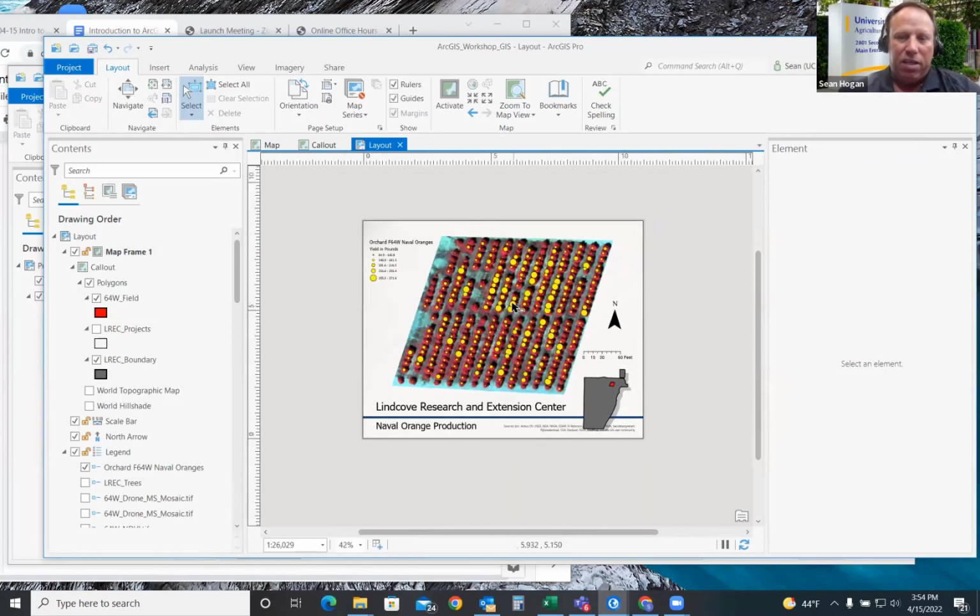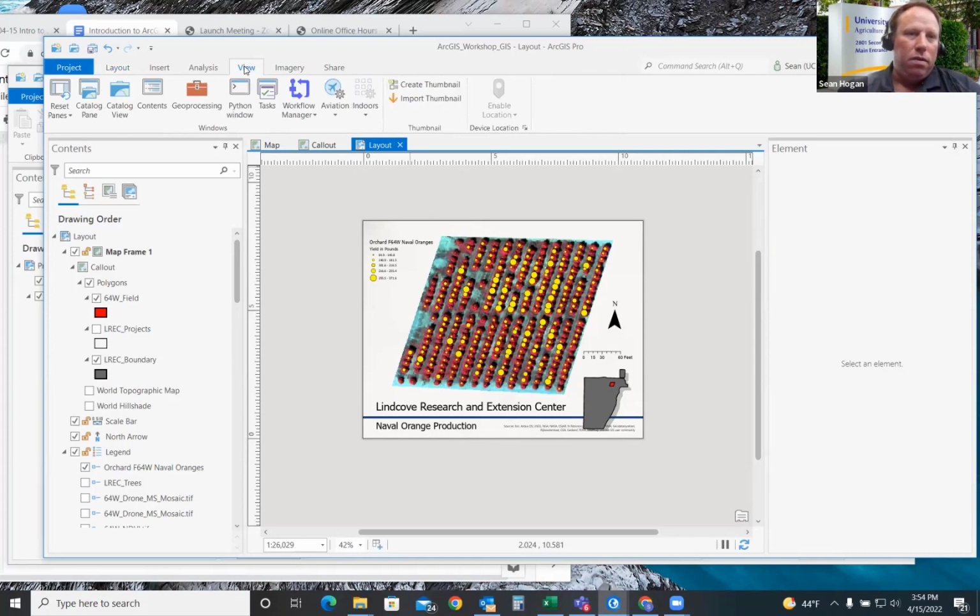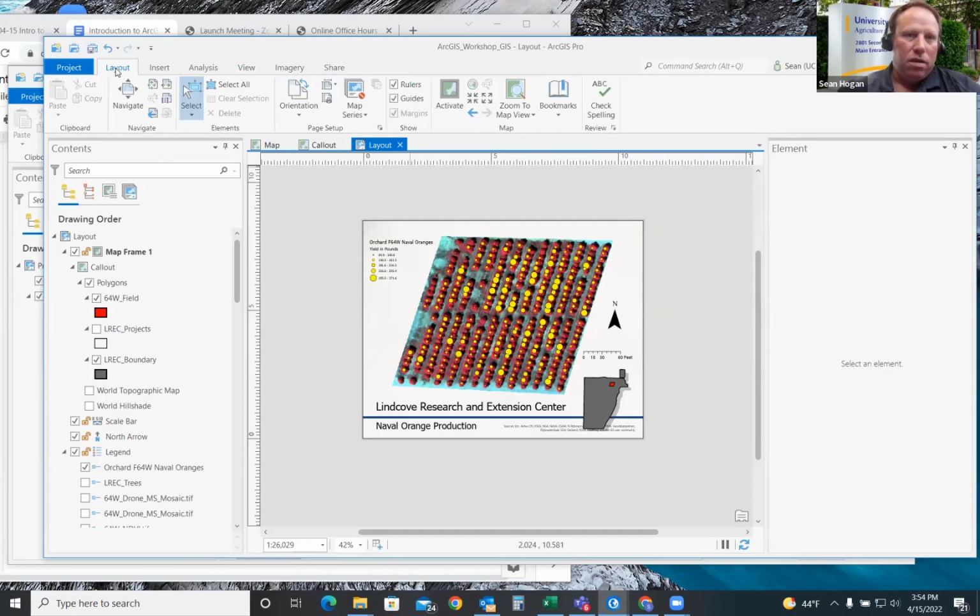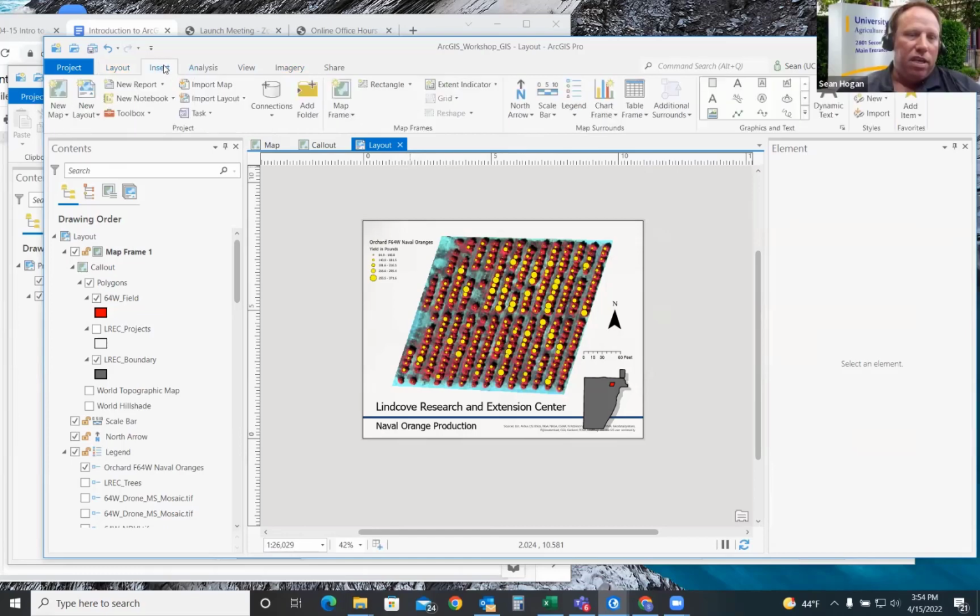Often it isn't. So what I'm going to do is zoom out just a little bit, and I'm going to go up to view. Wait a minute. Layout. Which one was it? I think they moved it to insert, Sean. Oh, okay. Wasn't it? Yeah. Oh, there it is. It's far right.